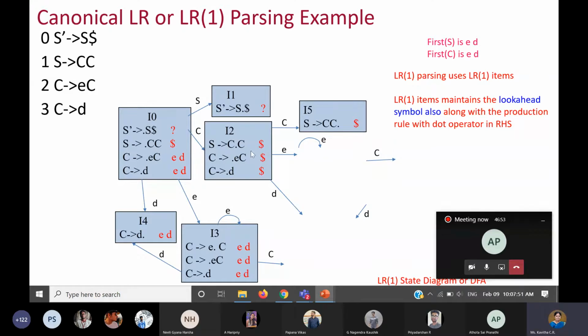At I2, when we read C, the dot will move and dollar is the look ahead symbol. It's the same thing and there is nothing to expand over here, so that's the end of the state. Coming to the next state, when you read small e at I2, you'll have the transition like this. After reading e, you'll get dot after e. And because dot is appearing before the capital C, which is a non-terminal, you are going to expand all the rules related to